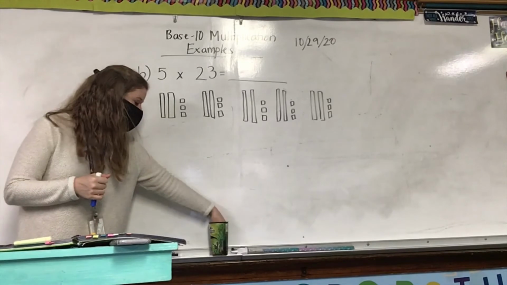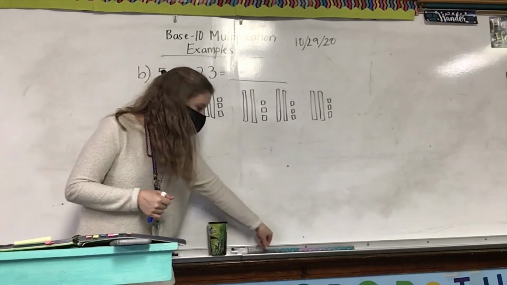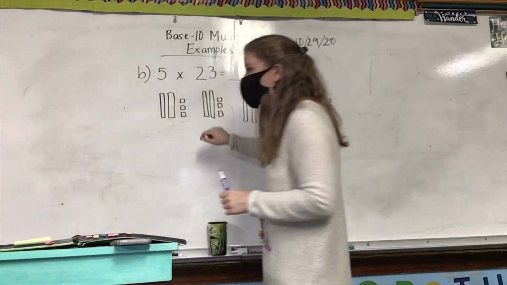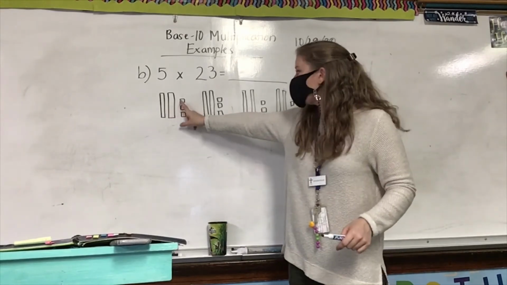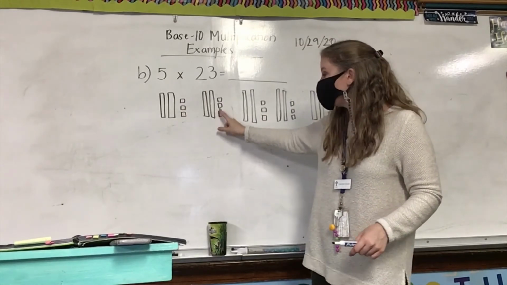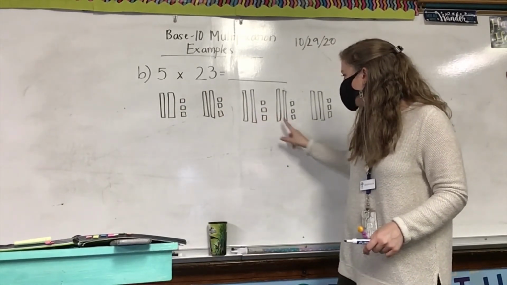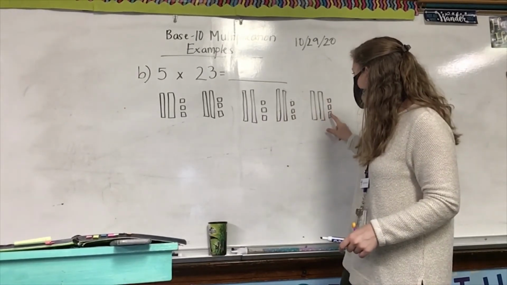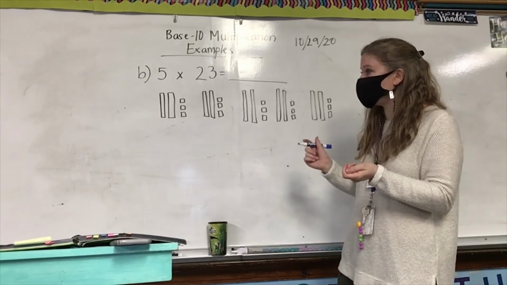What do I do next? Aaron, I count the ones. Aaron, count with me. Everybody count on your own paper. 1, 2, 3, 4, 5, 6, 7, 8, 9, 10, 11, 12, 13, 14, 15. Can I put 15 in the ones place? No. So what do I have to do? You have to